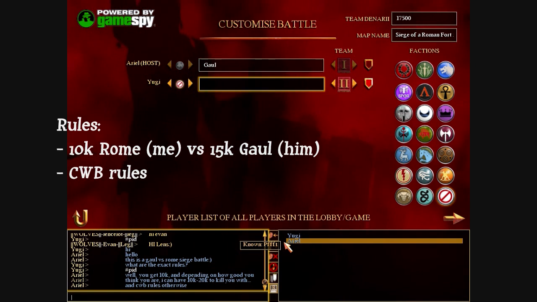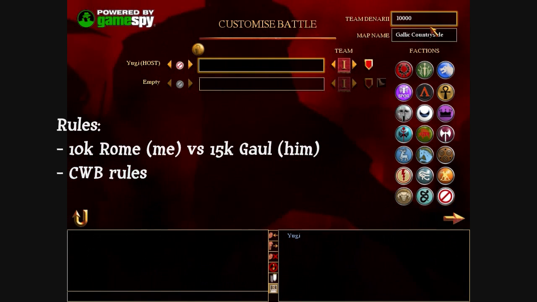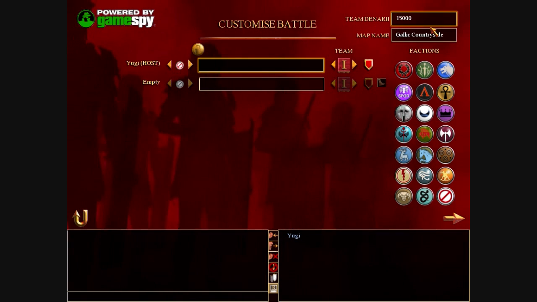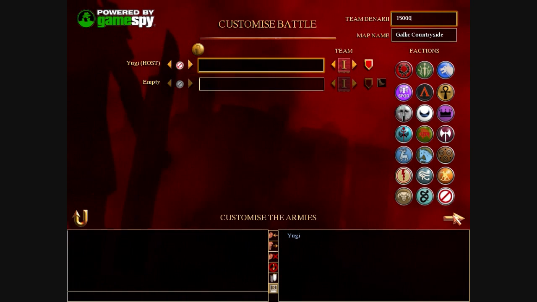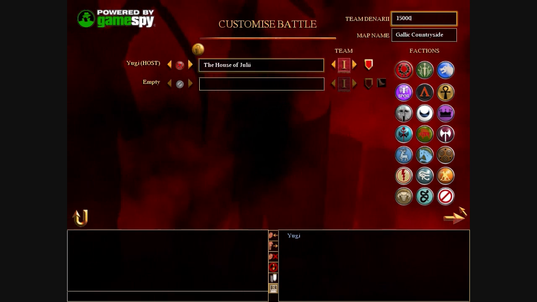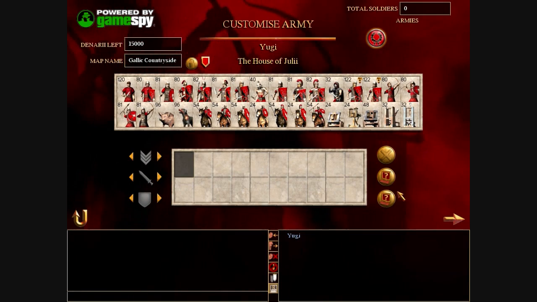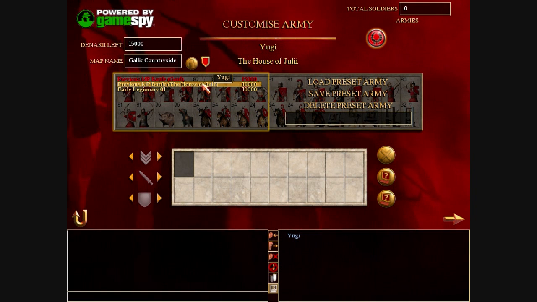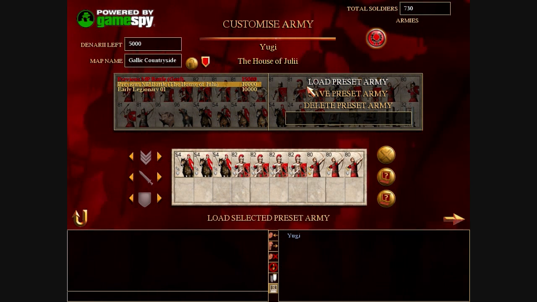He set it up so I would have to use Rome at 10k, and he would get to use the Gauls at 15k. And with those kind of rules, I figured that my opponent was a YouTube viewer of mine. That's why he set this game up, because I made a battle like this a few weeks ago. Anyways, he made me use the Romans at 10k, and I was really hoping I would get to use Gaul,